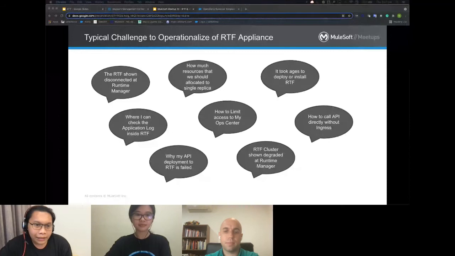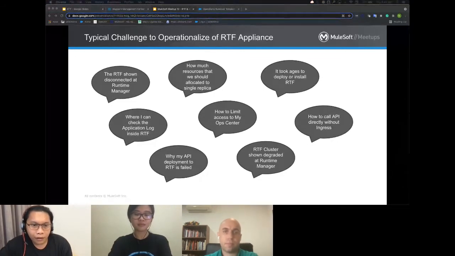How do I limit my access? Somehow RTF is shown as degraded, meaning it's not healthy at runtime manager, so how do I fix that? And how can we call the API directly without ingress? There are a lot of similar questions coming from L1 and L2 when you operationalize the RTF.